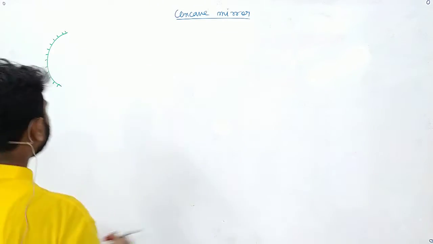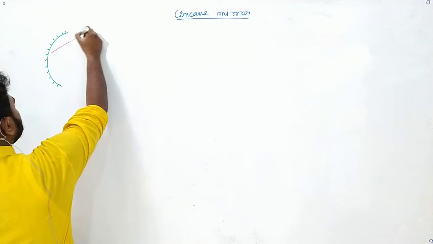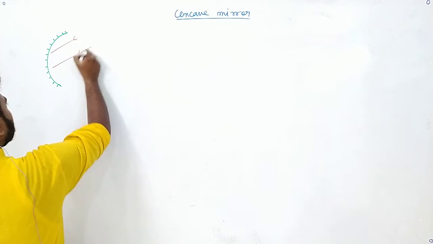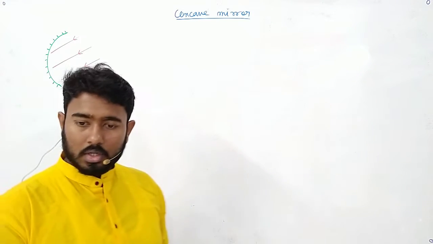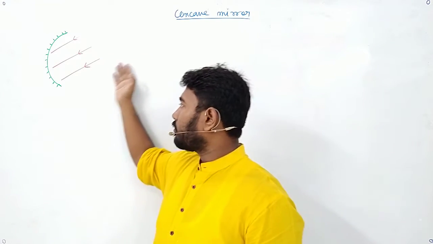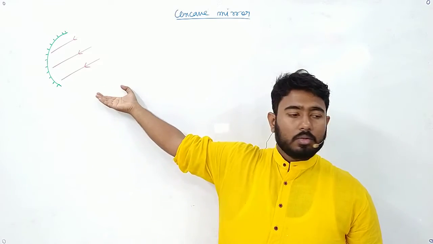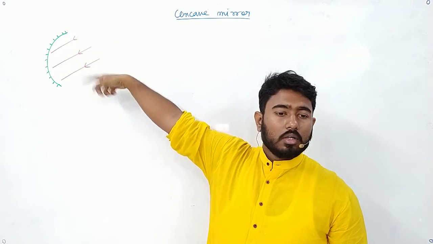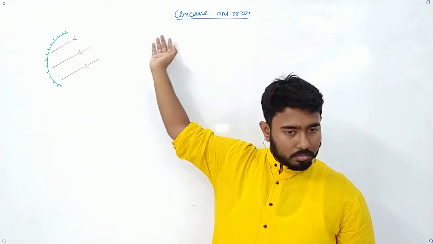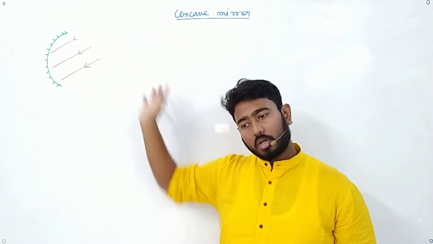So if any ray of light falls, the ray of light will fall towards this surface. So in a concave mirror, if a ray of light falls, the ray of light will fall on this mirror and towards the concave portion, right? It will fall on this mirror and towards the concave portion. Okay,